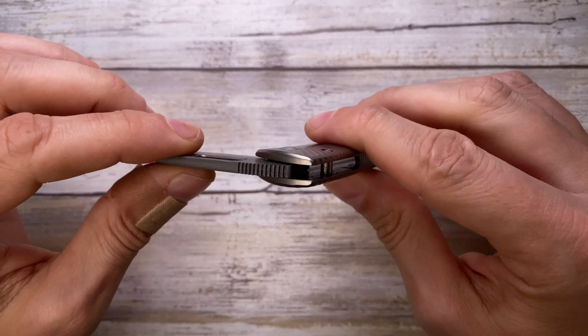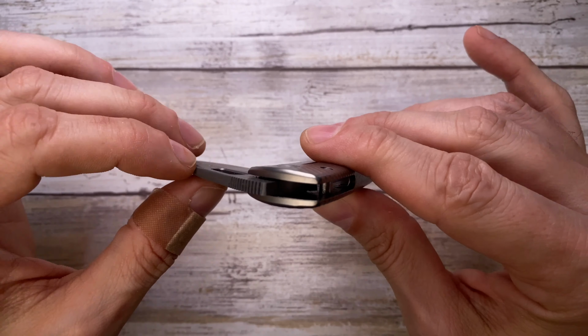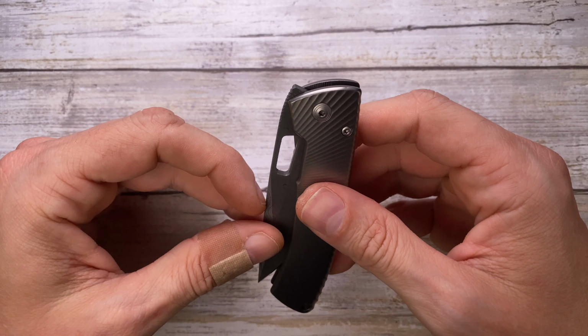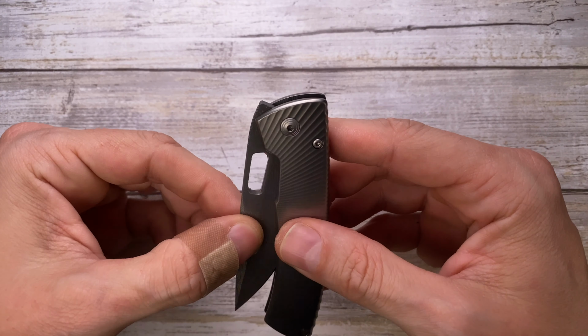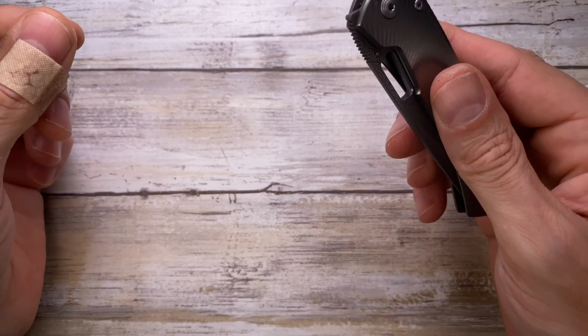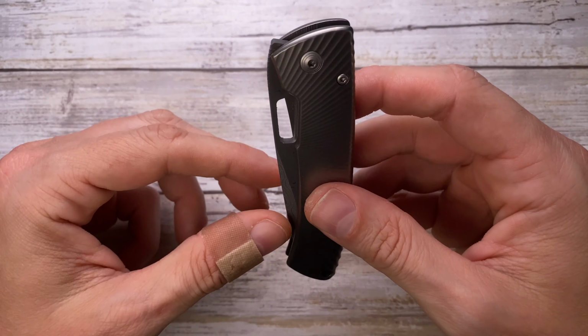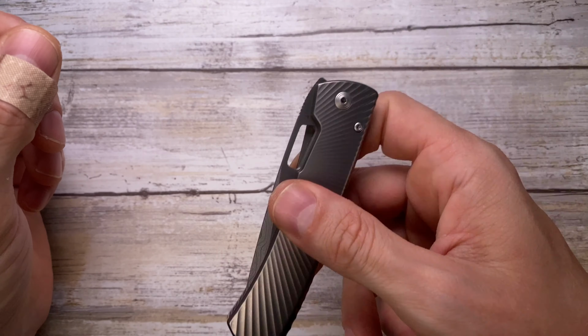This guy is running on Teflon washers, and it's incredibly smooth. I truly appreciate this guy. It's not on bearings, I get it, but still, it's very interesting. The detent strength is dialed in. It's very nice. There's no risk of this guy opening when you shake it, and if you shake this guy, there's no